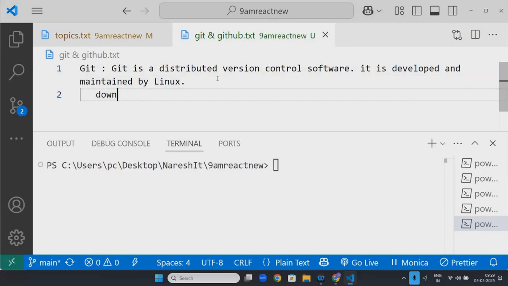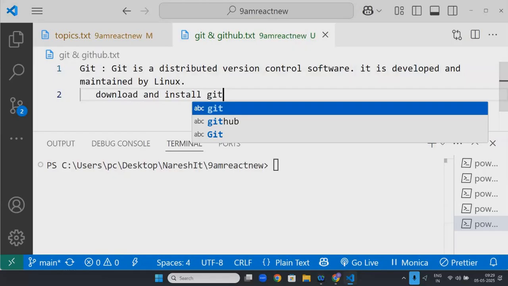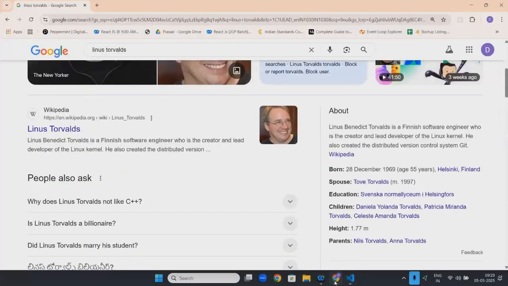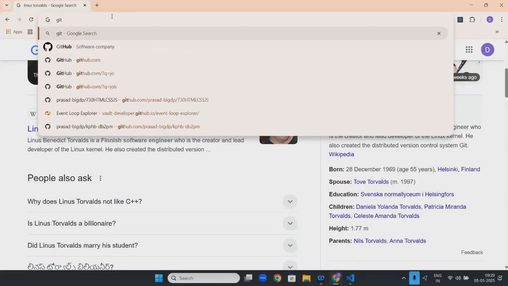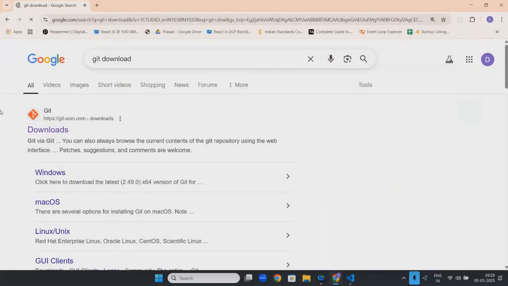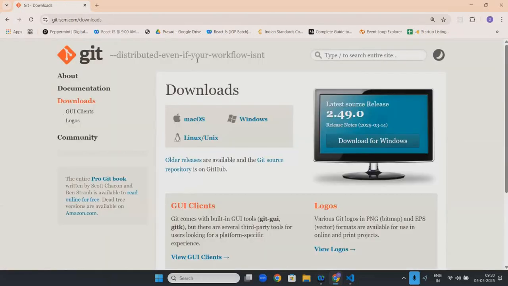Okay, I just wanna show it, and we need to download and install Git. How to download and install Git? Let's go here. Git download. Go to the Git website.